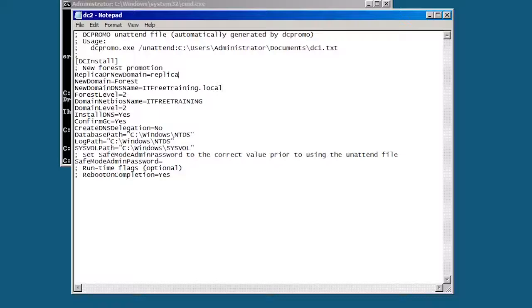Replica simply means another copy of an existing domain controller. The next option below this is New Domain. Since this is not a new domain, I will comment this line out by putting a semicolon at the start of the line. Below this is the option New Domain Name. This needs to be changed to Replica Domain DNS Name since we are adding a domain controller to an existing